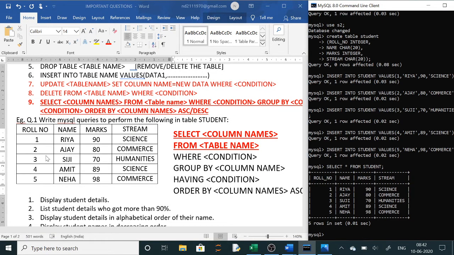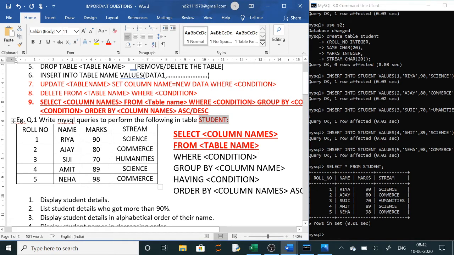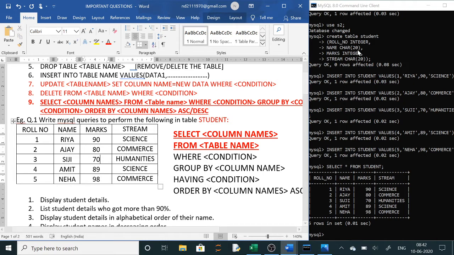Now here, suppose a table is to be created. Now how to create a table? First thing is we will create a database. So create database. Suppose student table is created here. So here it is given student table. So we will create a database student, and then you can see the answer here. Use the database, whatever is the database name. Now the database will be changed. Now we have created the table.